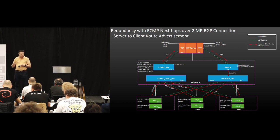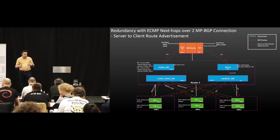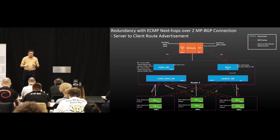So how does it work from a VNF perspective? You basically announce, in this case we have 3 VNFs with 2 different VRFs per VNF, all those 3-letter acronyms. So from the VNF you advertise, from the VRF you advertise the specific route. In this case we use ECMP, equal cost multipath load balancing, in order to load balance the traffic over the VNF. So the configuration from a VNF perspective is basically the same for each VNF. So you advertise a specific route towards the router,